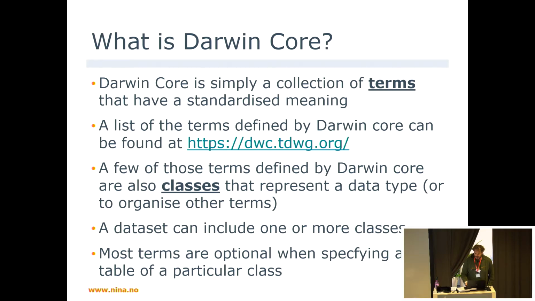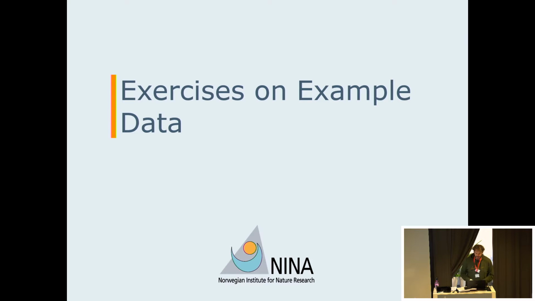The first thing we're going to do is start doing some exercises to get an idea of what Darwin Core is, so we can discuss it in groups, to get an idea for what these different classes mean in the context of our data sets. So as I say, each of the groups will get a cheat